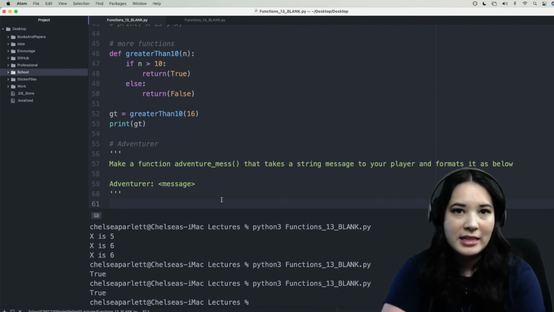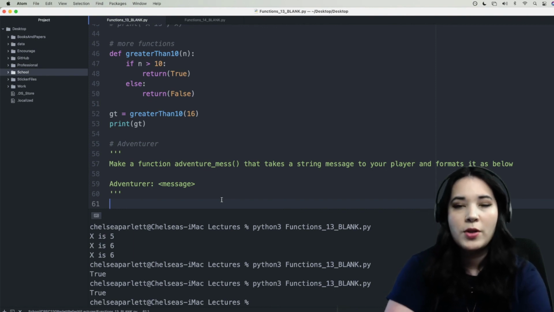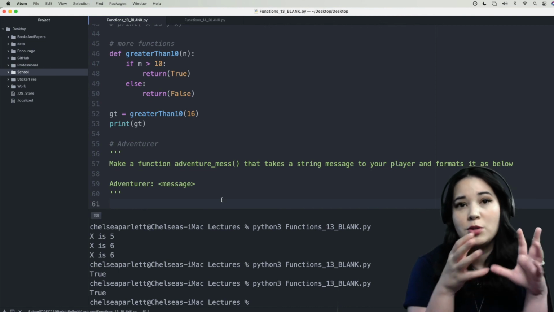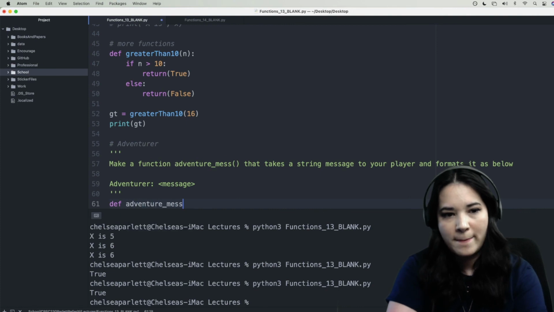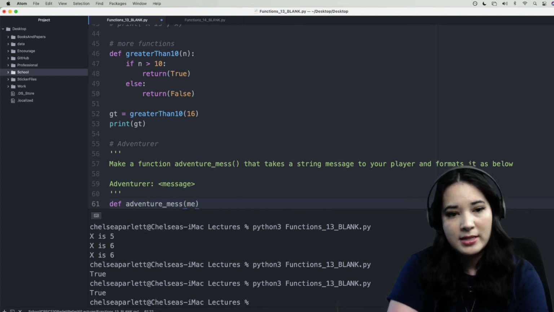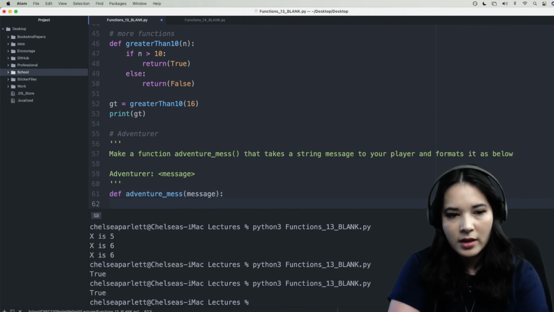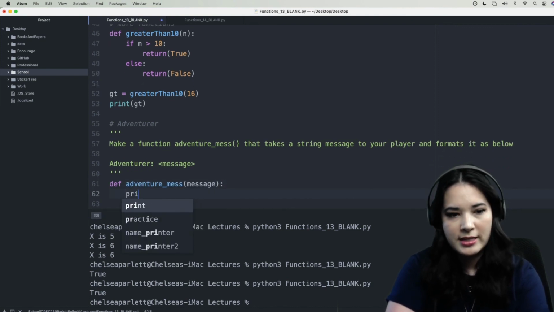Okay, last but not least, let's write the adventure mess function. We are going to pretend that we're writing an adventure game, and part of that game is going to be printing out messages that an adventurer says. And so this function is going to take in a string that's a message that we want the adventurer to say. But if you've played any text-based video games, you know that we have to prepend that message with the adventurer's name. So we're going to say def adventure mess, and this is going to take in a message. Call that message. And then inside the function, we're simply going to say print